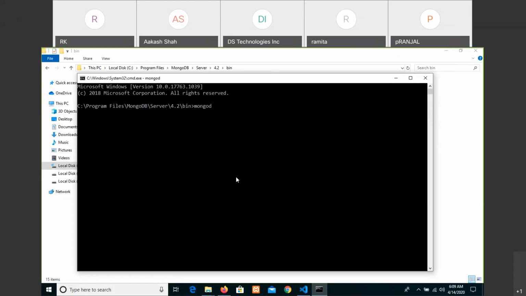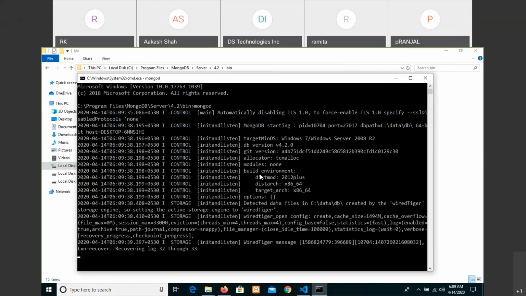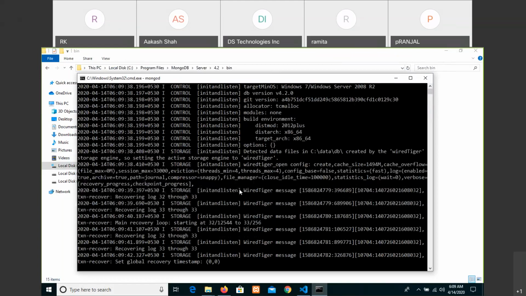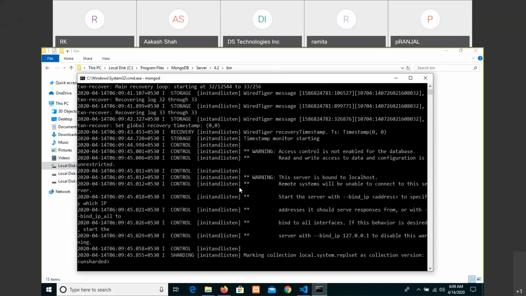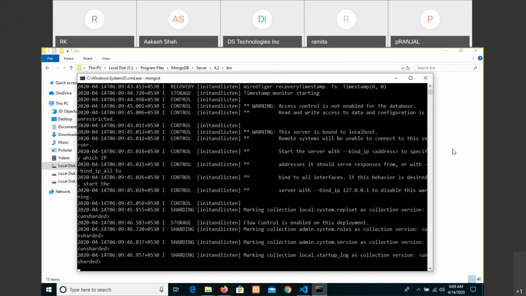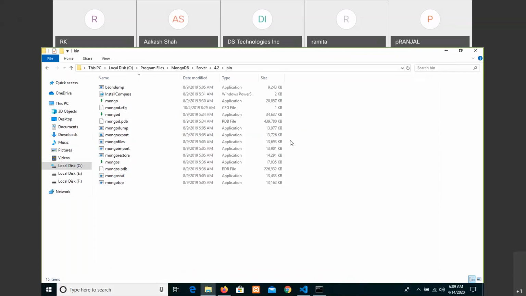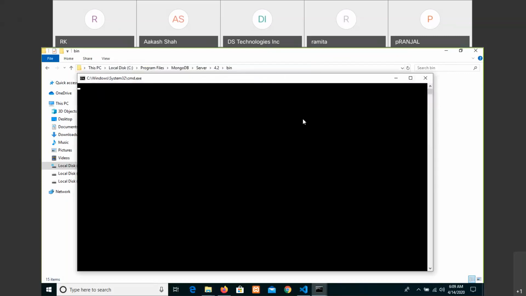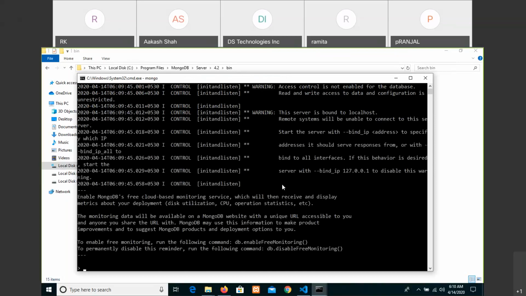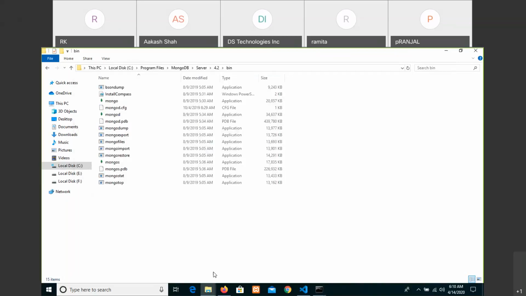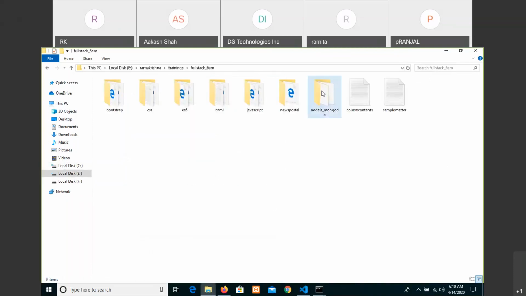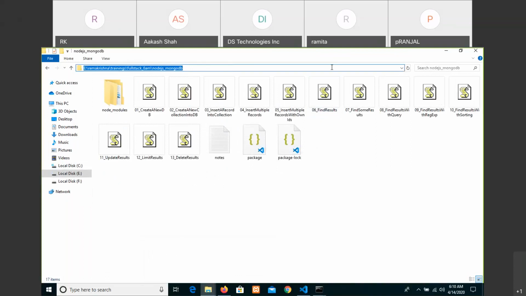MongoDB. Then Mongo, and then now enter into your place, and here.